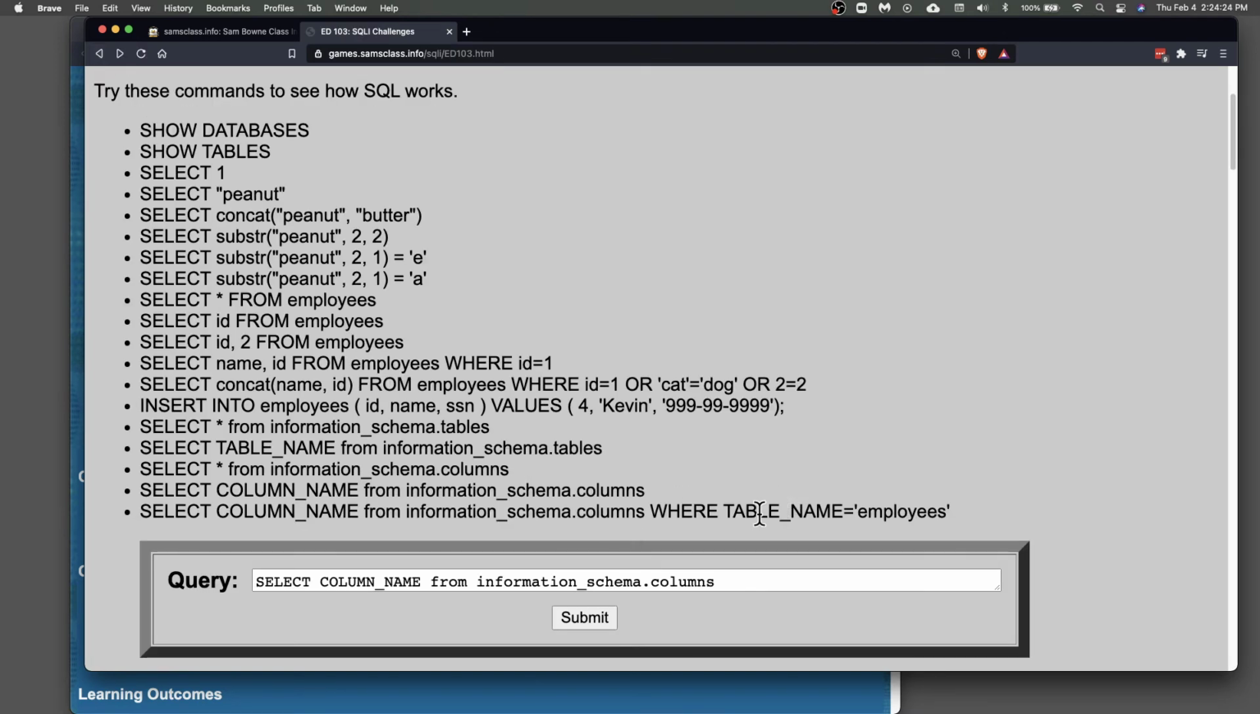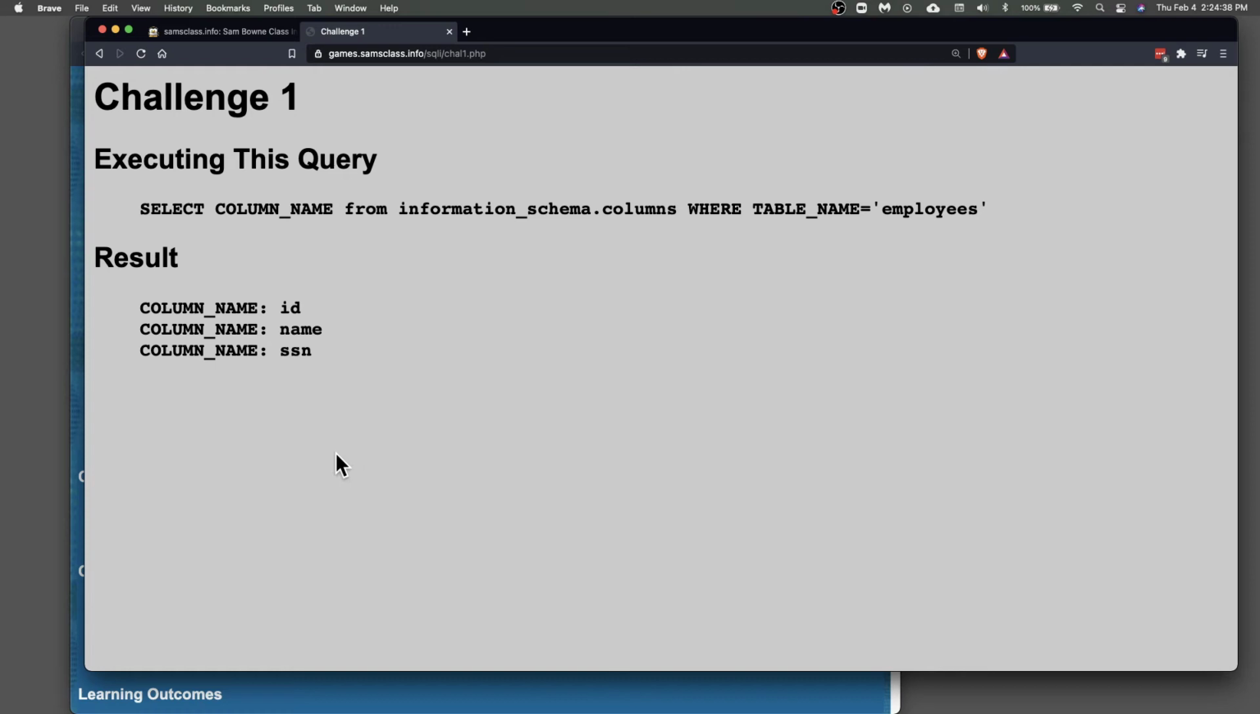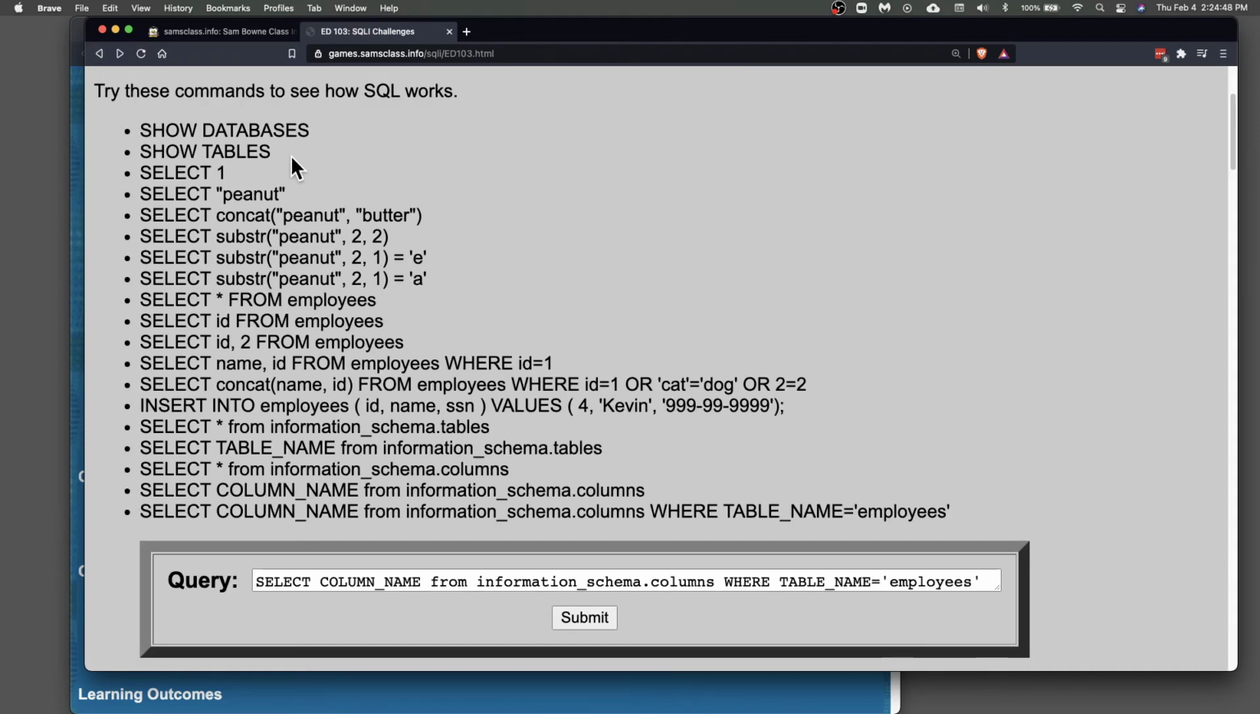So what would be better would be to restrict it to the table name of interest, and that's what this will do. This will tell me the column names for the table named employees, which is the one that contains data I probably want, like Social Security numbers. And now I can see the table is named employees, and the columns are ID, name, and SSN. And that's the information that I need to do these things up here, where I can now find out anybody's